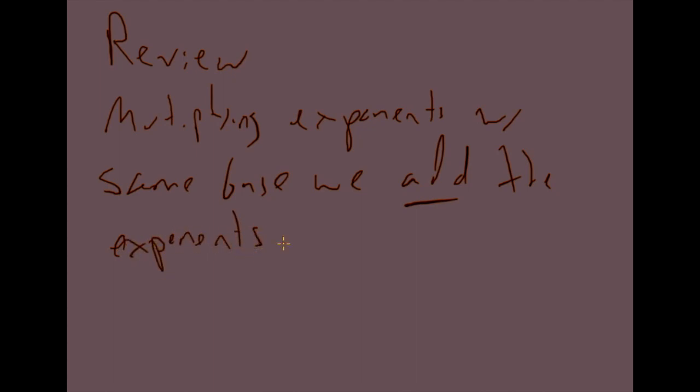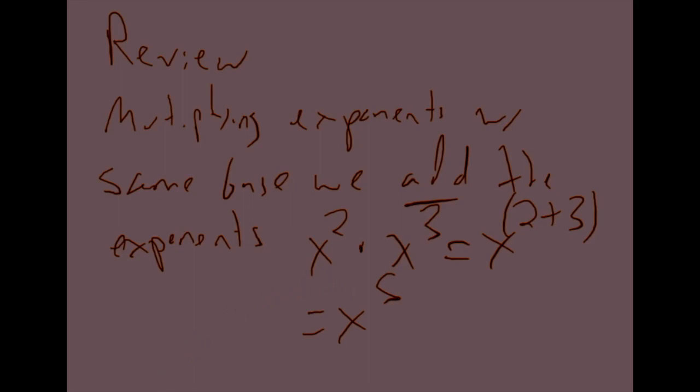So we have the same base, x squared times x cubed is going to equal x to the 2 plus 3, which is going to equal x to the 5th. Alright? Now let's get on to multiplying